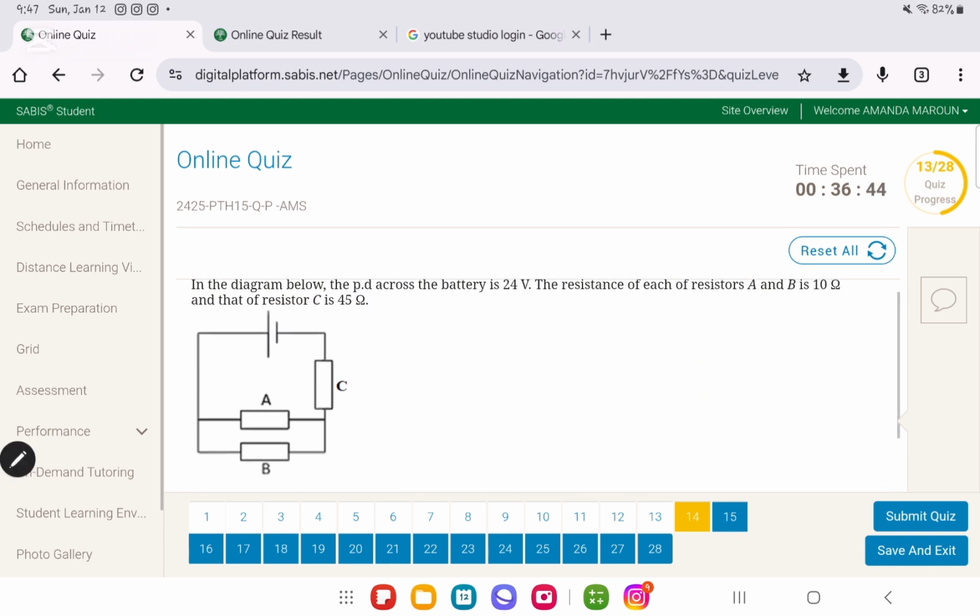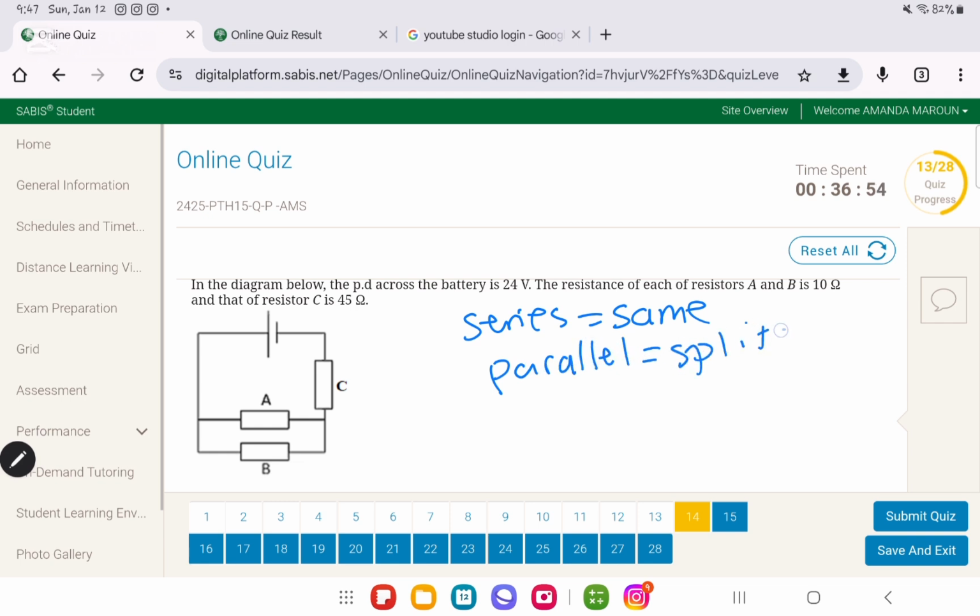Now, very simply, we know that the current in series is the same, whereas in parallel, it splits, okay? So that means the current is gonna split here and here. You can do this in 2 ways. First way, because A and B have equal resistance, it will divide equally. So this will become 0.24 and this will become 0.24. Or in another way,